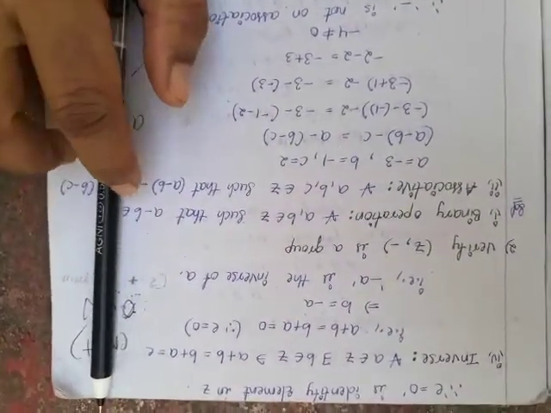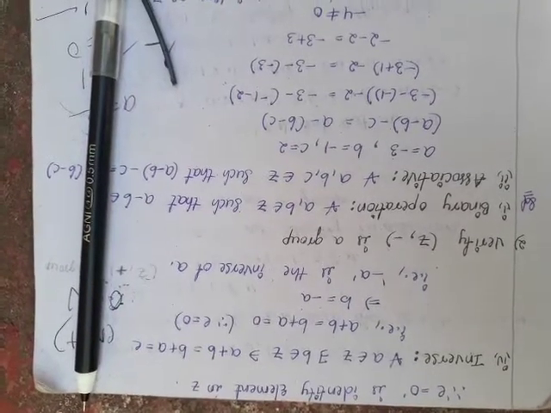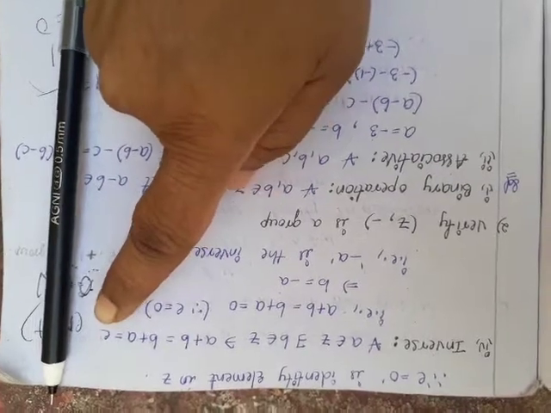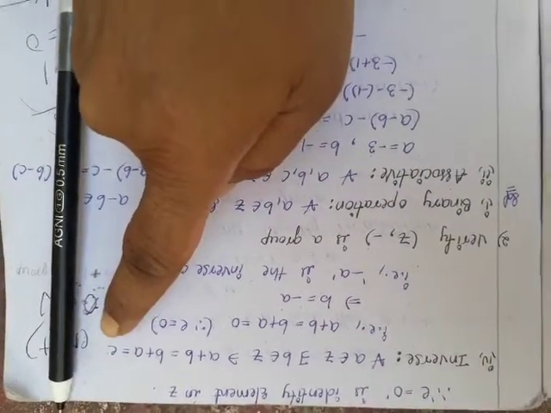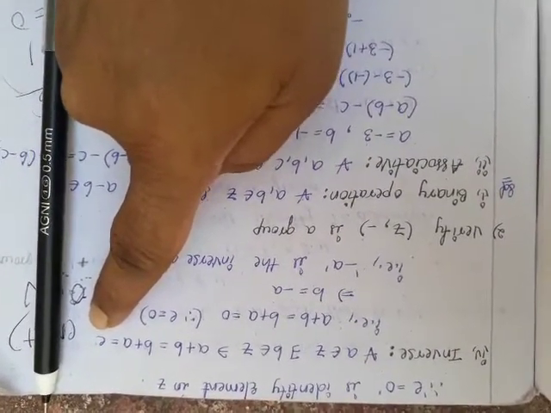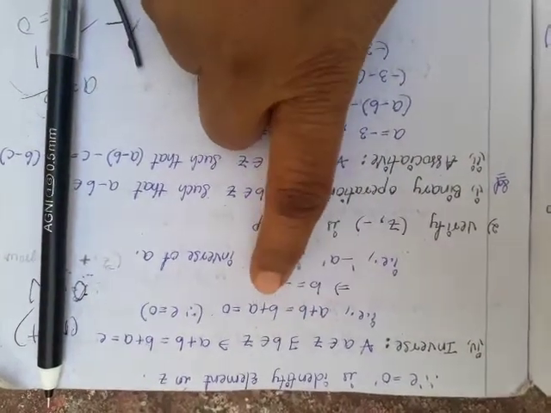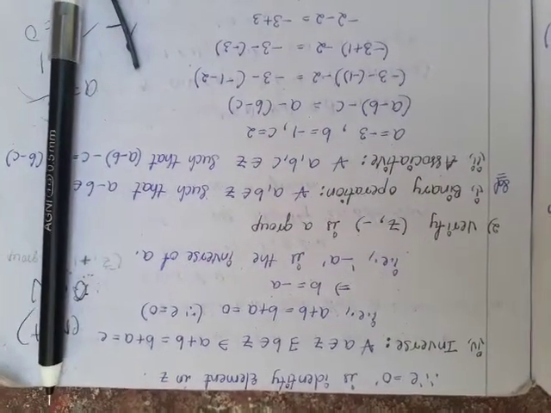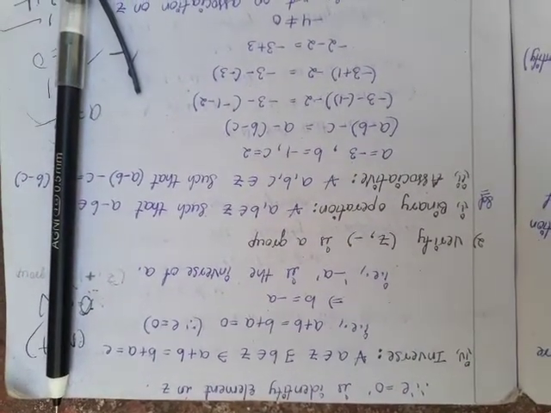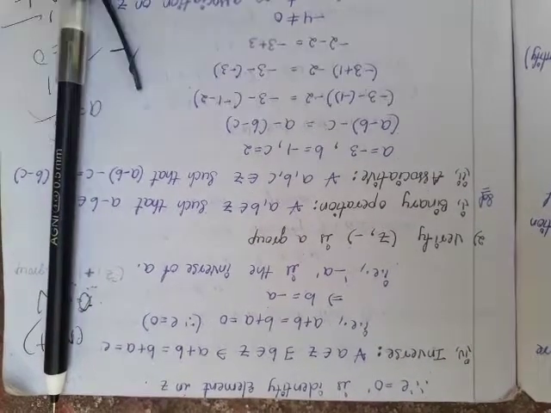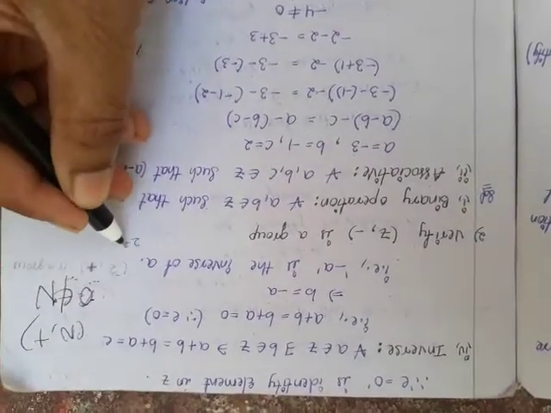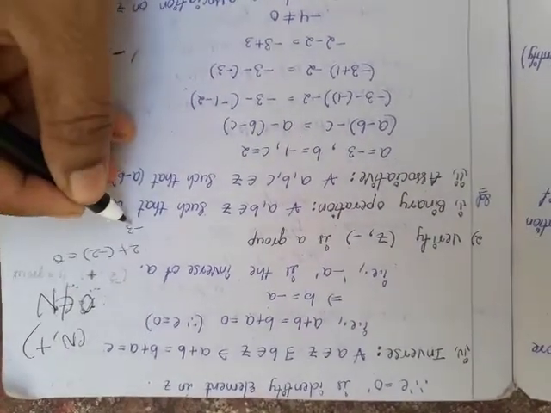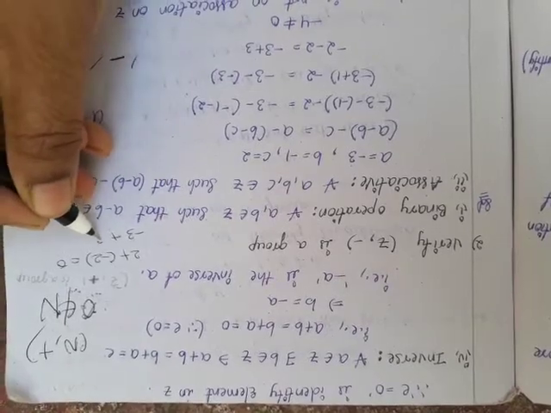Next one, inverse property. For all a belongs to Z, there exists b belongs to Z such that a plus b is equal to b plus a is equal to e. Here what is e? e is the identity in capital Z with respect to addition. So a plus b is equal to b plus a is equal to 0. b is equal to minus a. Suppose 2 belongs to Z. What is the inverse of 2 with respect to addition? Minus 2, because 2 plus of minus 2 is equal to 0. Same as here, minus 3 plus 3 is equal to 0.